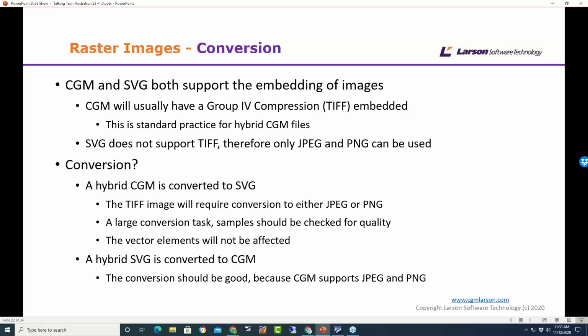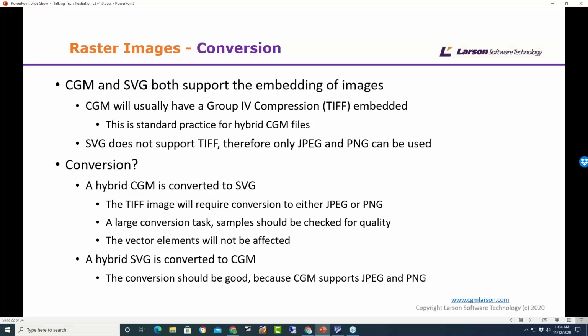So what we do is we take the TIFF, and the 2 image formats that are supported are JPEG and PNG. We will support the conversion of the TIFF to those formats, but you have to then think about what the limitations of a PNG to a TIFF are, and the same with JPEG as well.